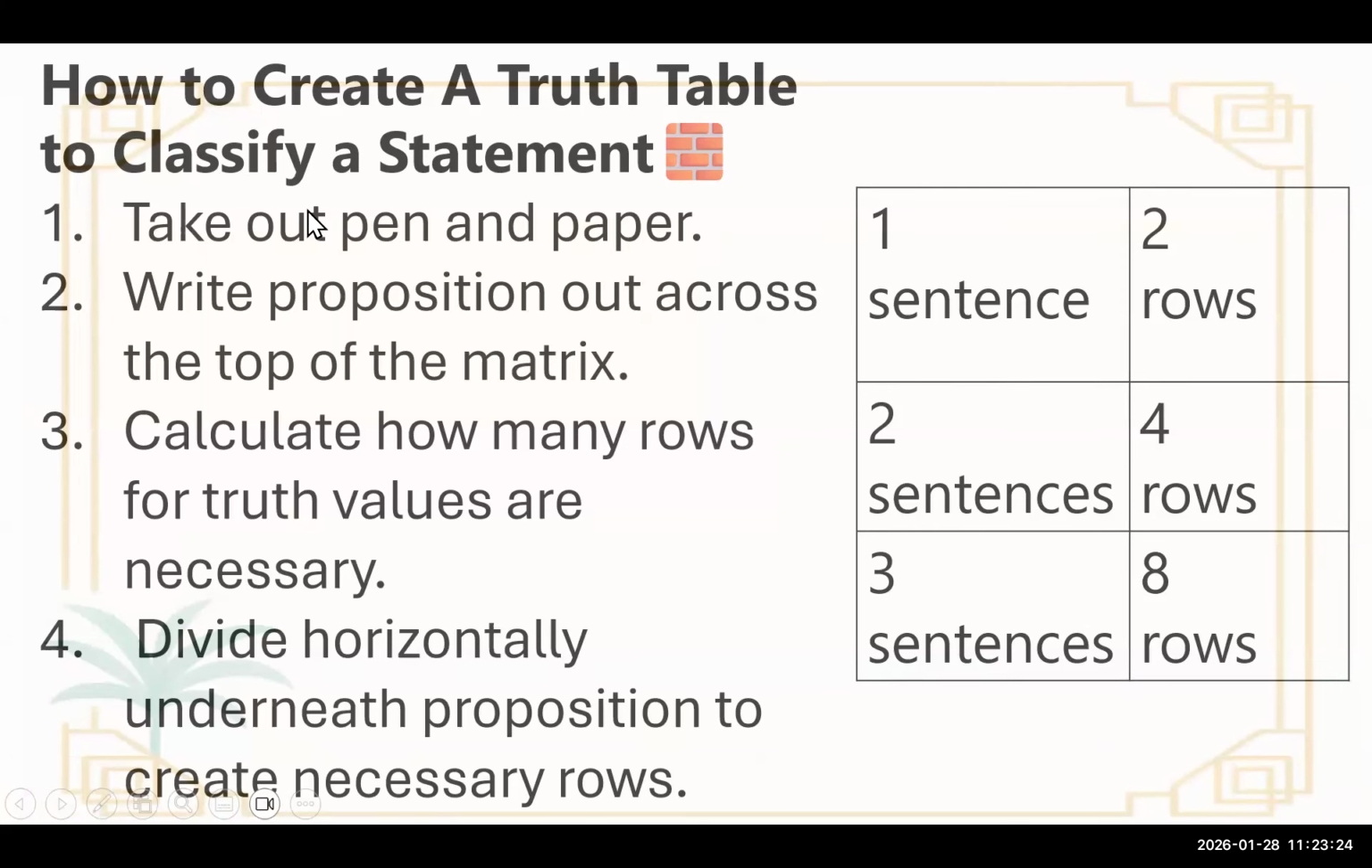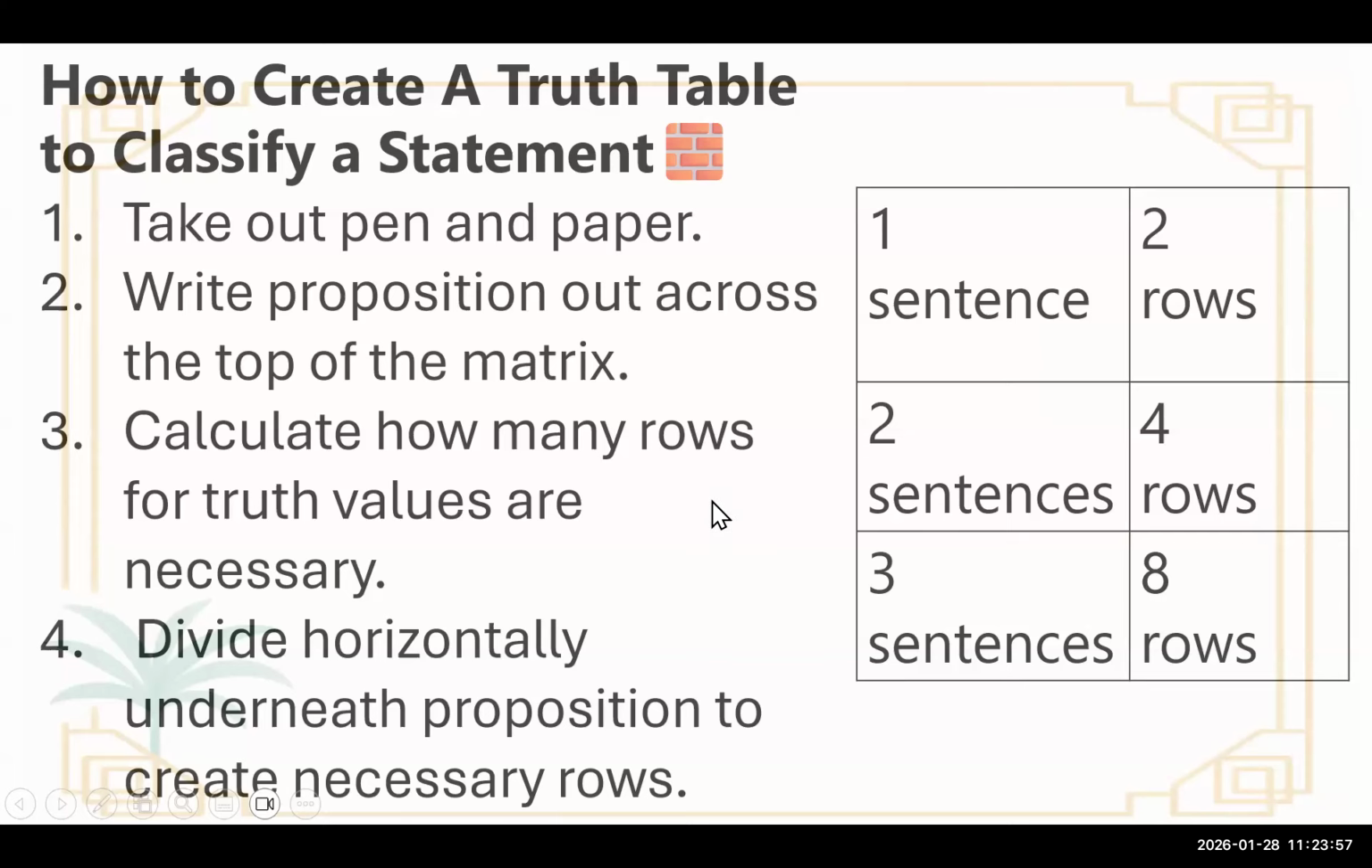I'm going to teach you how to create truth tables in order to classify a statement by itself. You're going to write the proposition out across the top of the matrix, and that's going to determine how many rows you have under the proposition. If you only have one proposition in the claim, then you only have 2 rows, 1 row for true, 1 row for false. If you have 2 propositions, then you have 4 rows because you have to do all